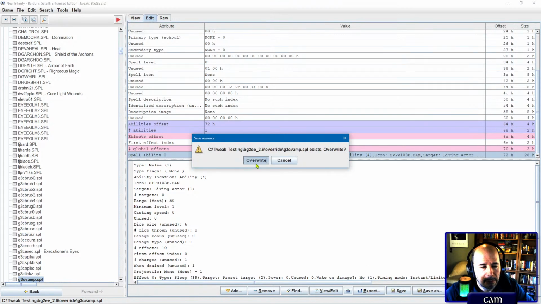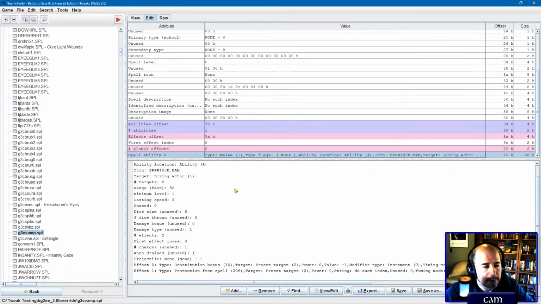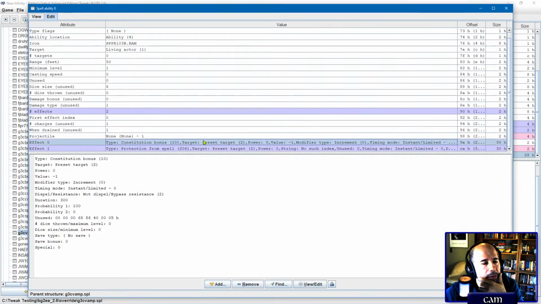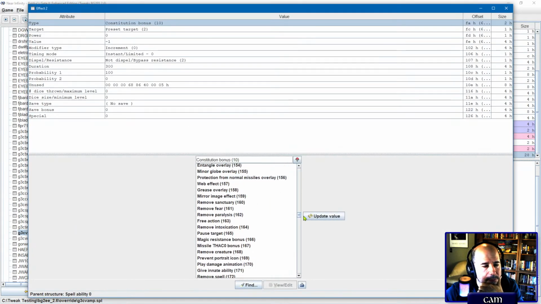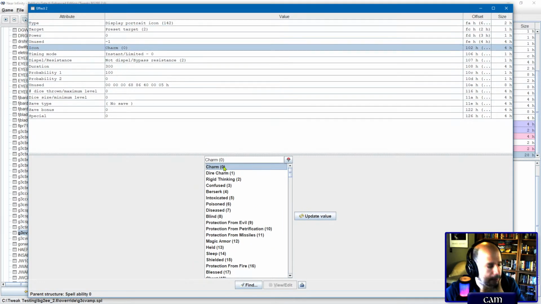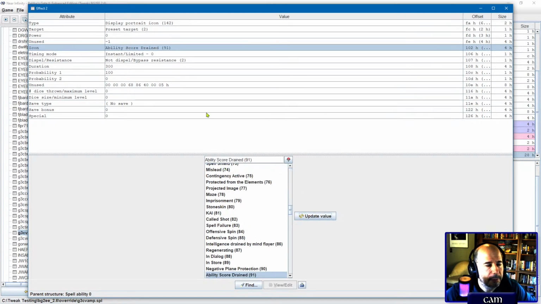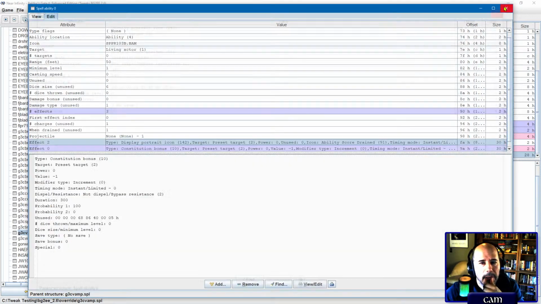So let's save, overwrite, okay. Oh, and I think we have a portrait icon for ability score drain. So let's add a portrait icon, and I think ability score drain. There we go. Also for 300 seconds. This is unused, so let's just 0 it. So you'll also get that,